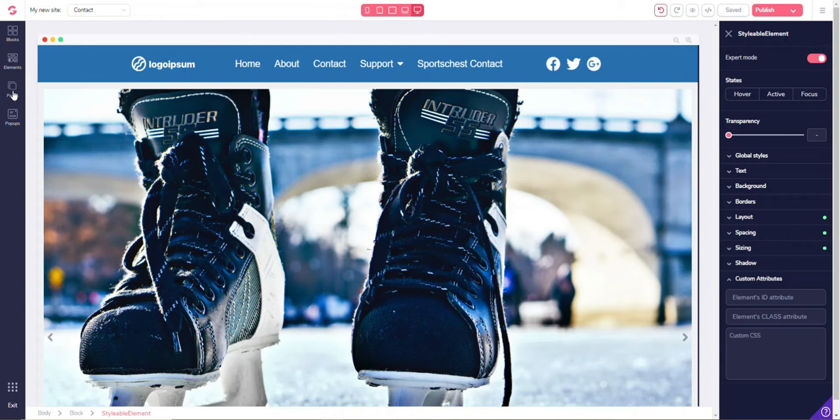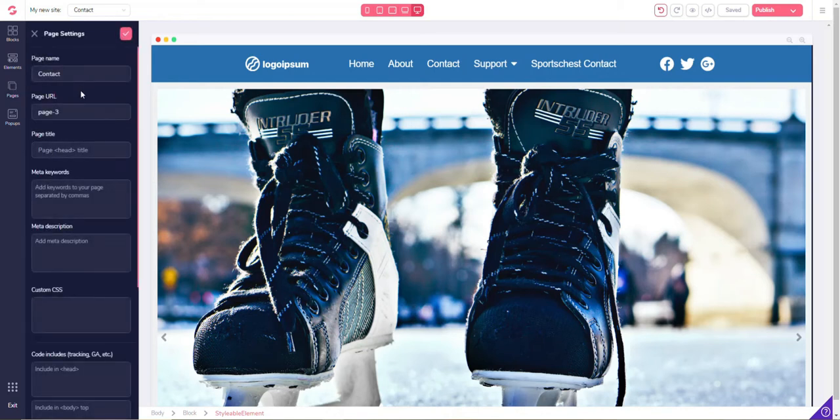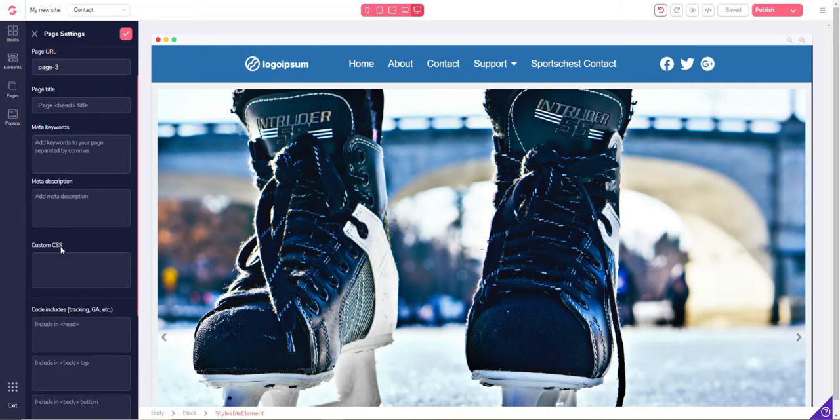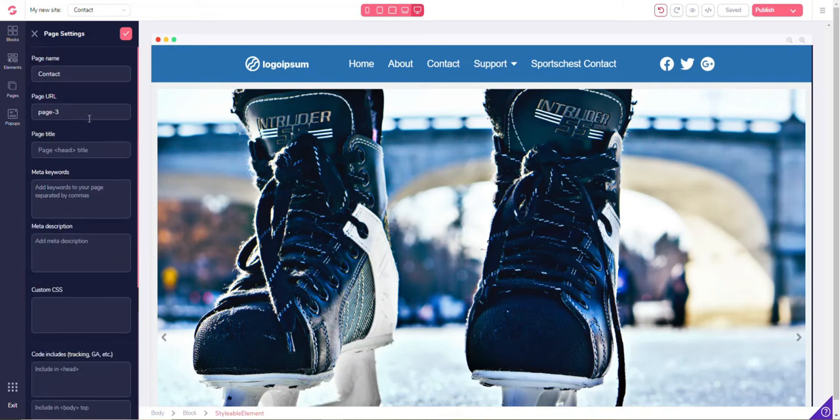over here in pages. If we click on pages and we select a page, and you click on the three dots, which is the settings for the page, you can get in there and you can edit the settings. Let's say if we clicked on settings, this is where you can put all your stuff for the SEO for your page, the meta description, the CSS, and all that stuff. So you can go in here and optimize your page for